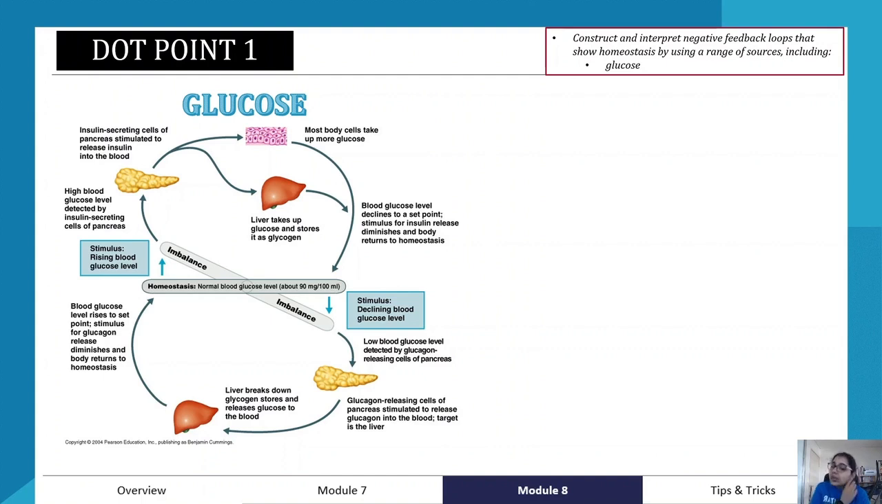Now, if you eat a meal or you eat something really sugary, that's going to be a stimulus, and our stimulus is going to be the rising blood glucose levels. You've had a big meal, high in carbohydrates, so there are rising blood glucose levels as a result of that. High blood glucose levels are detected by the insulin secreting cells of the pancreas. So there are beta cells in the pancreas that secrete insulin, and these beta cells are going to immediately recognize